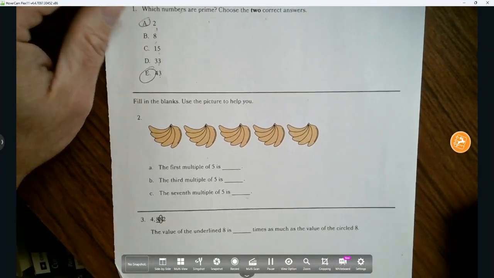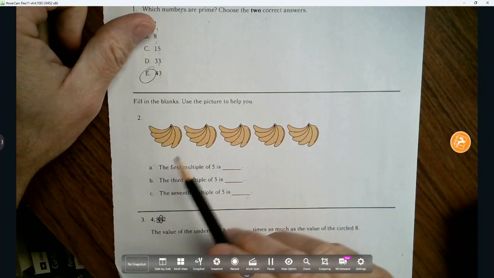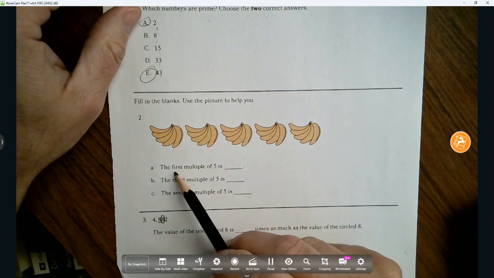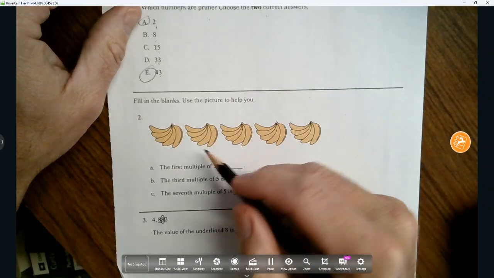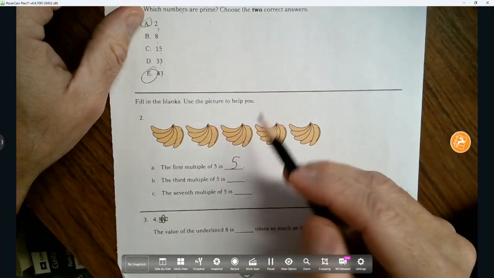All right, number 2. Fill in the blanks. Use the picture to help you. We have 1, 2, 3, 4, 5 bunches of 5 bananas. The first multiple of 5 is, how many are there? The third, 1, 2, 3, the third multiple of 5 is